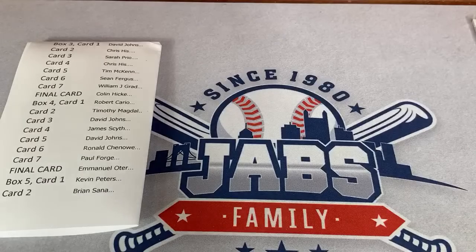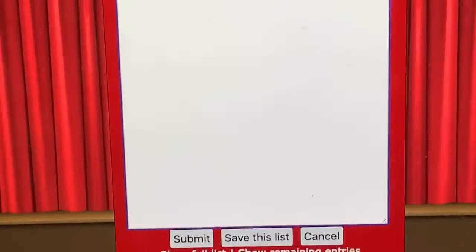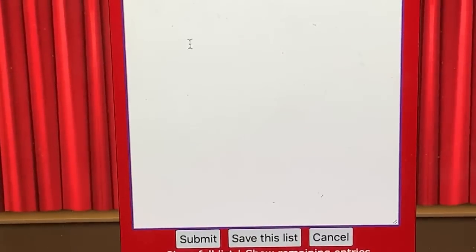All right, so your bonus card. Let's zoom on in, spin the wheel. This wheel takes forever. I didn't think there'd be this many bonus cards. Why not just say 9, 10 cards? It would have made it a lot easier to sell. I could have sold the spots for a little bit cheaper too, but I guess it's probably better to get